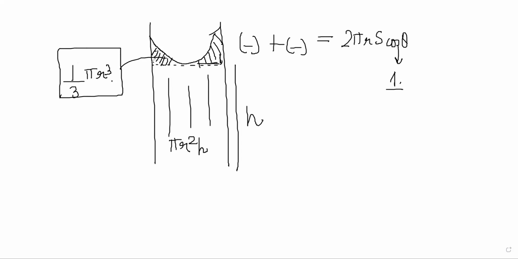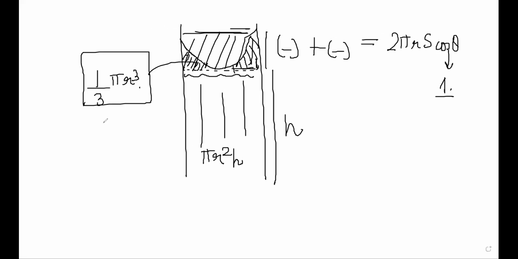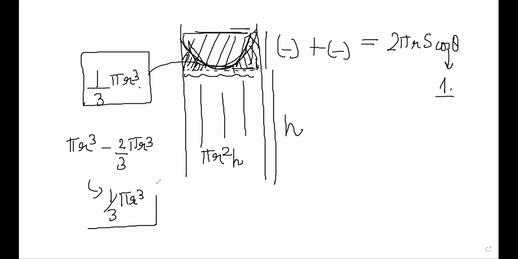So he has done it how? He has calculated pi r square into r. So if you have pi r square, the area of cross section, multiplied by r, this is the total volume, right? Till here. So pi r cube. So from pi r cube he is subtracting the volume of a hemisphere, right? So from pi r cube, if you subtract 2 by 3 pi r cube, you'll get 1 by 3 pi r cube, right? So that is the volume in this part. So 1 by 3 pi r cube into rho g.